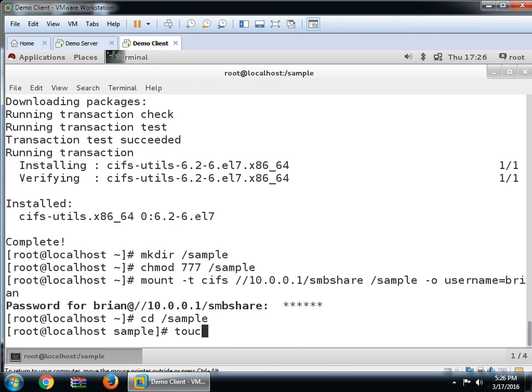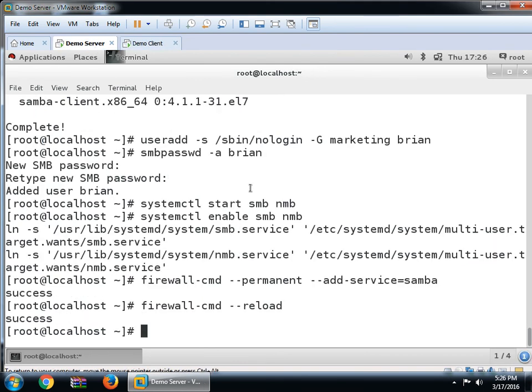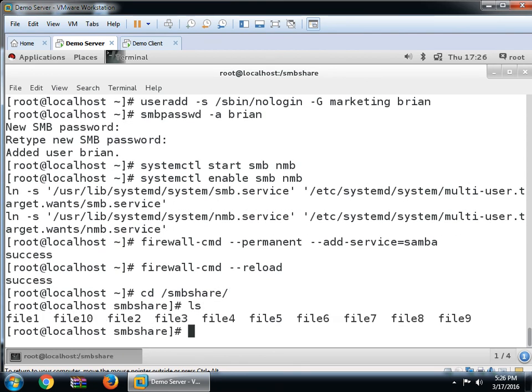Okay, cd /sample, create files with touch file, suppose 1 to 10, ls, just verify. cd /smbshare, ls. See, these are the files.